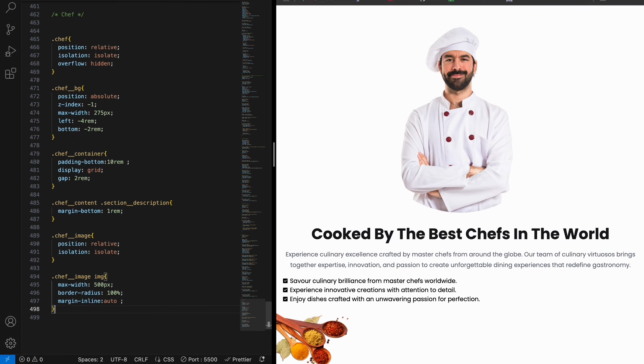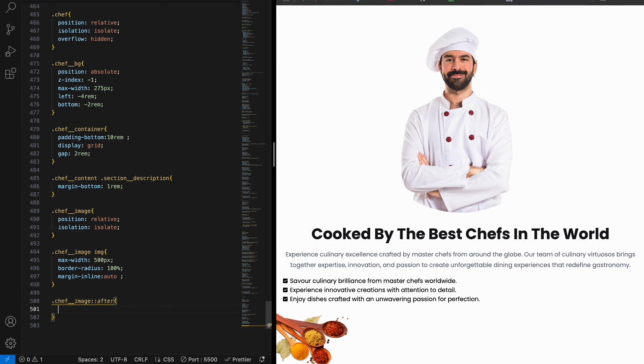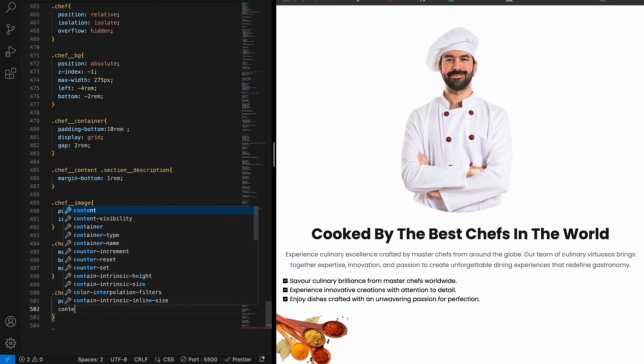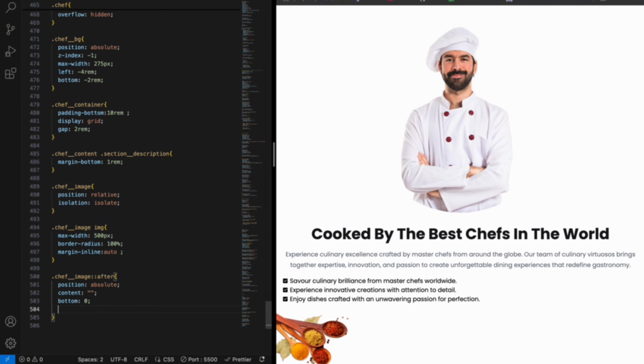Okay, so here we have styled our chef image. Now what we have to do is add the container part and everything, then make it responsive. But before that, let me add something here as well, like chef image after, and then position will be absolute, content that is blank, then bottom will be 0, left 50%,